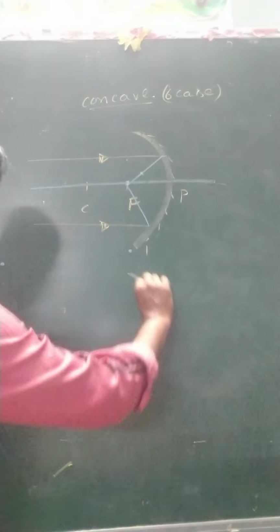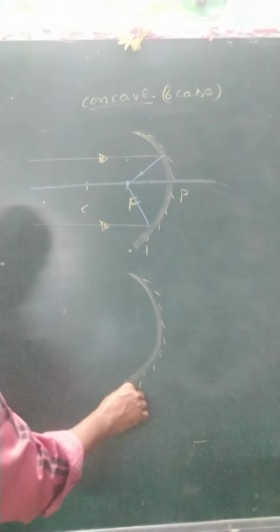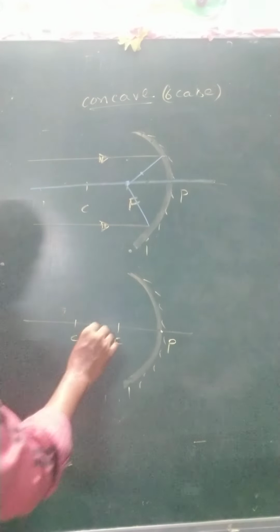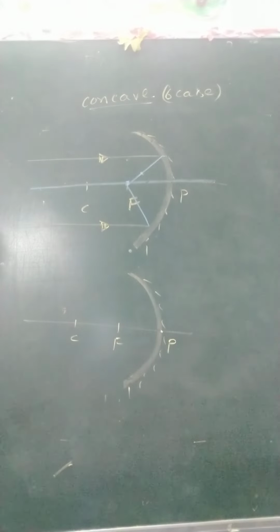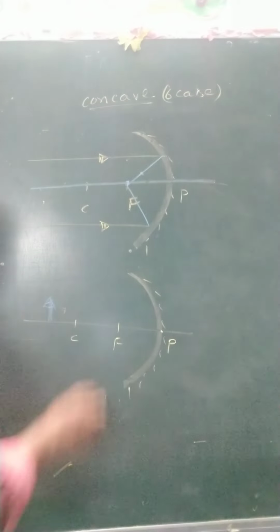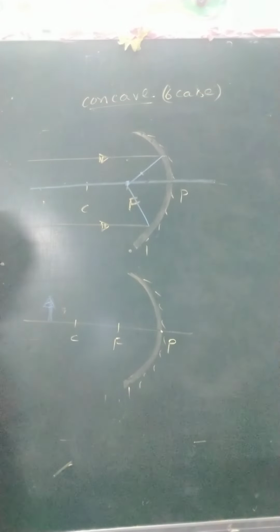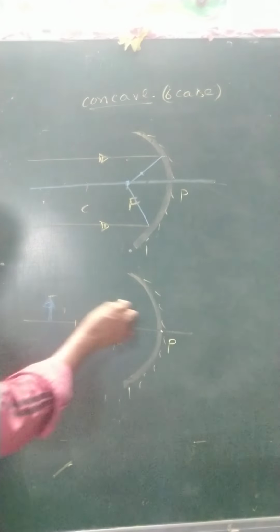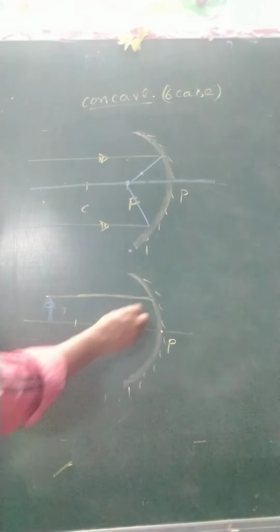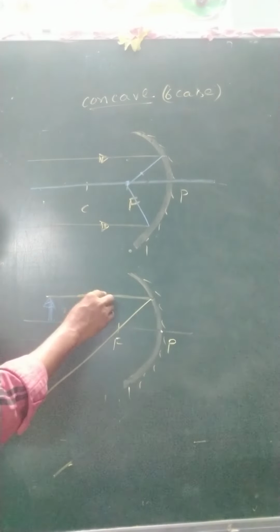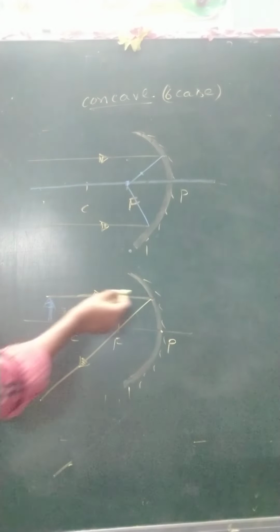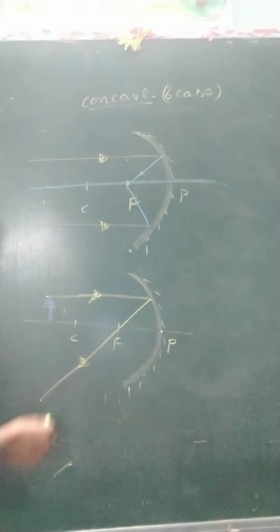And second case we have to consider. We consider a concave mirror. Again we consider the pole, focus, center of curvature. Where the object is placed: beyond center of curvature, like this one. Now you can join the tip of the object to the mirror. It's a straight line. After reflection it is passing through the focus. These arrows indicate in which direction they are moving. First we are going like this, after reflection we come down.